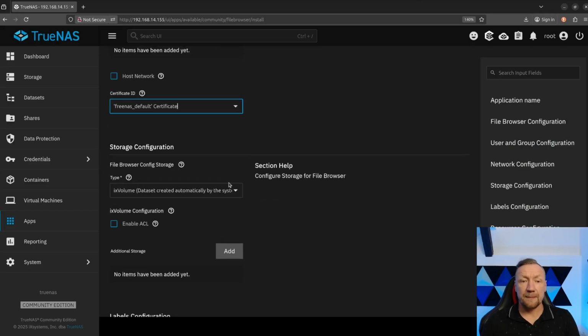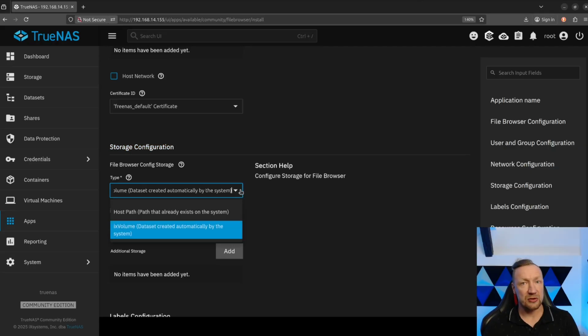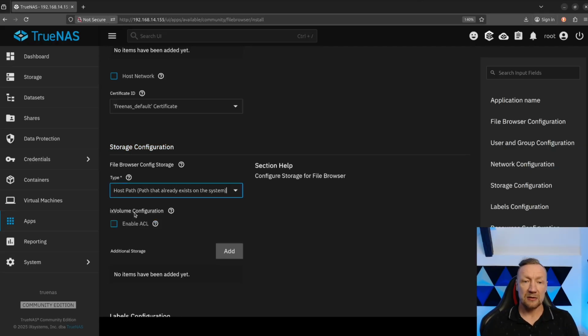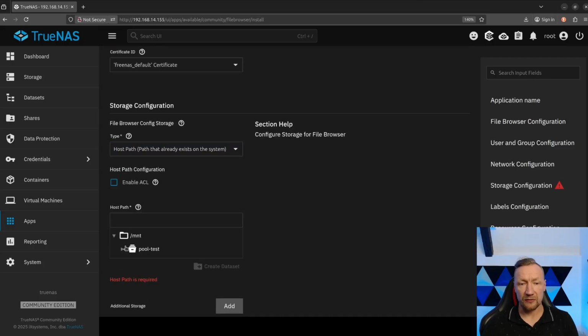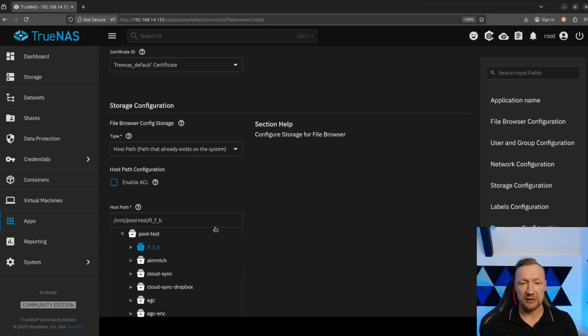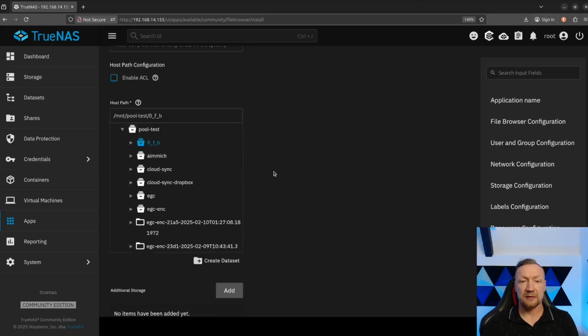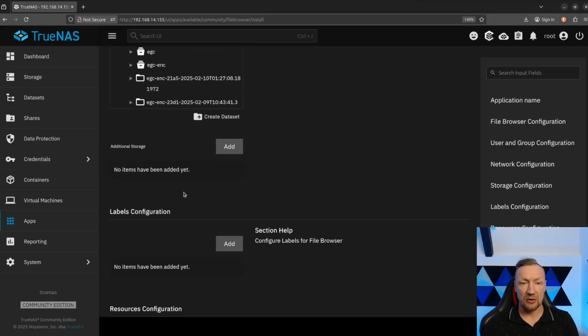What's then? Storage configuration. We have created the dataset. That dataset will be used to keep the configuration of our file browser. So, host path. We need to find it, and yeah, it's here. We need to match it, and good. So what next? Now file browser will be allowed to start, but file browser makes no sense without the place